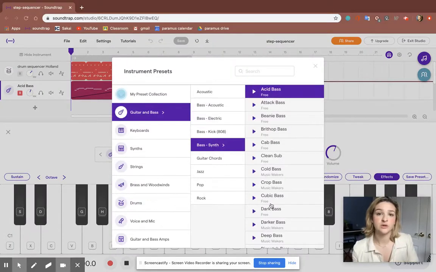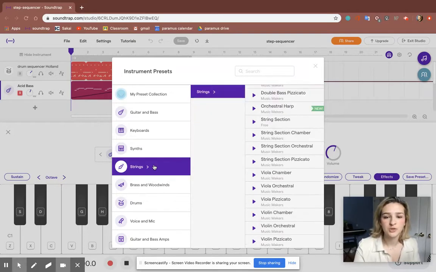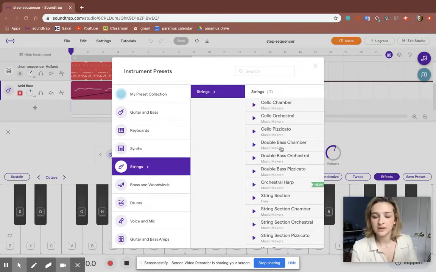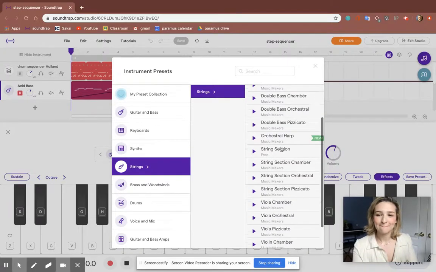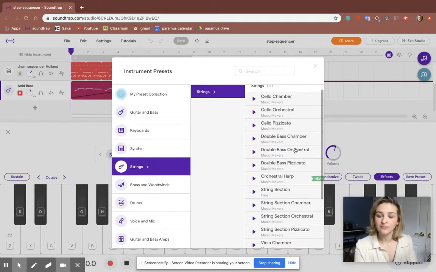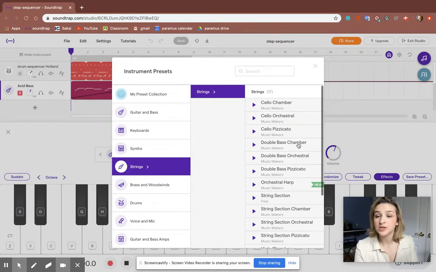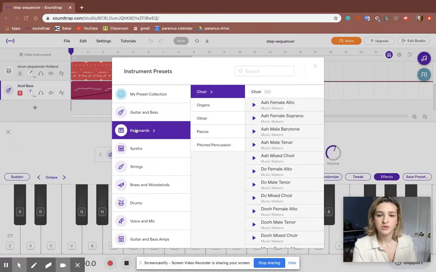So it doesn't have to necessarily be a bass instrument, like an upright bass or an electric bass or a synth bass. We could go into strings and let's see, are there any free ones? We could choose a chamber double bass, or we could choose a cello, because it's a low pitched instrument. We could also choose an organ or a female alto,